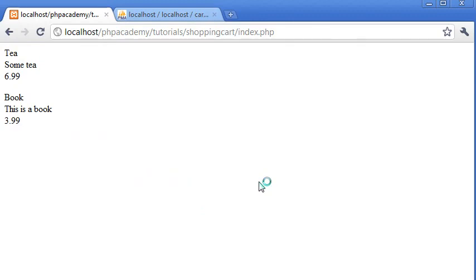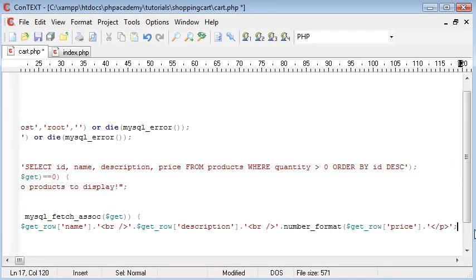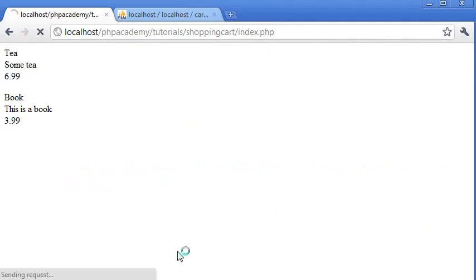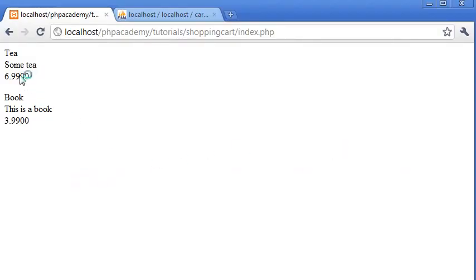If it doesn't display properly, you need to use the number format function, and this basically sets however many decimal points you want to be added. So we'll pop this in anyway, number format. So we're going to include what we've just echoed out there inside this, and I'm going to do it to 2 decimal places. Now you can see there won't be much change at the moment, but if I was to say I want it to 4 decimal places, you can see how this function formats it